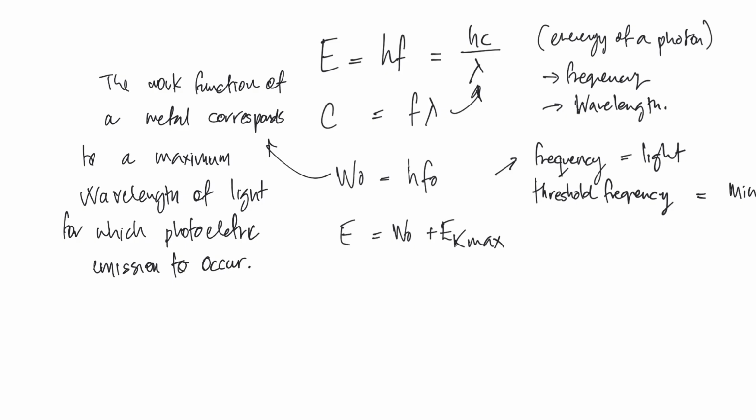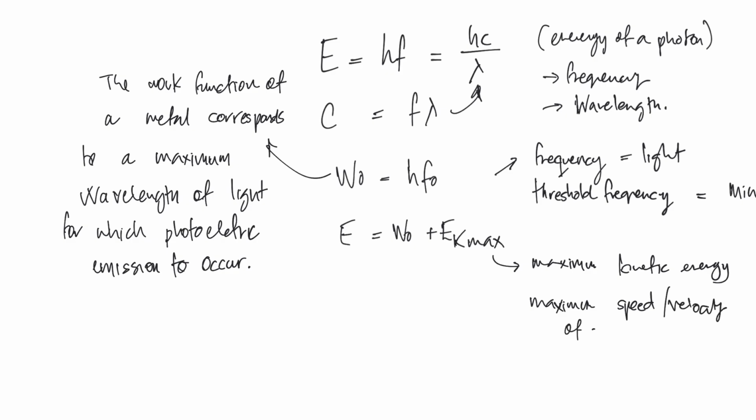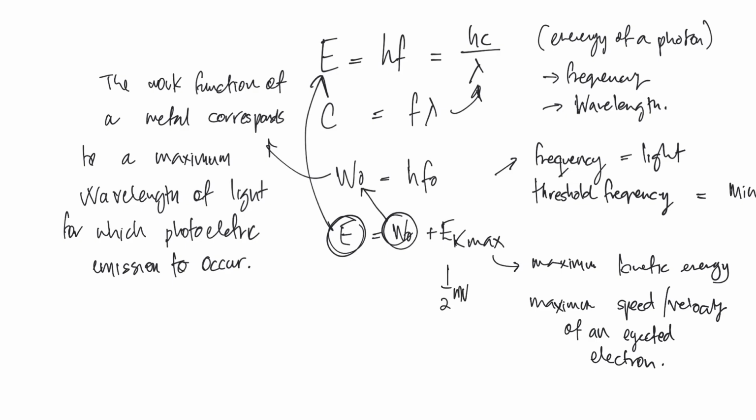And then the last thing we're going to look at is working out maximum kinetic energy, or they can ask you for the maximum speed or velocity of an ejected electron. Right? And then don't forget this E relates to that, this W relates to that, and EK max is half mv squared. And just because the next two questions that we're going to deal with are a little bit longer,